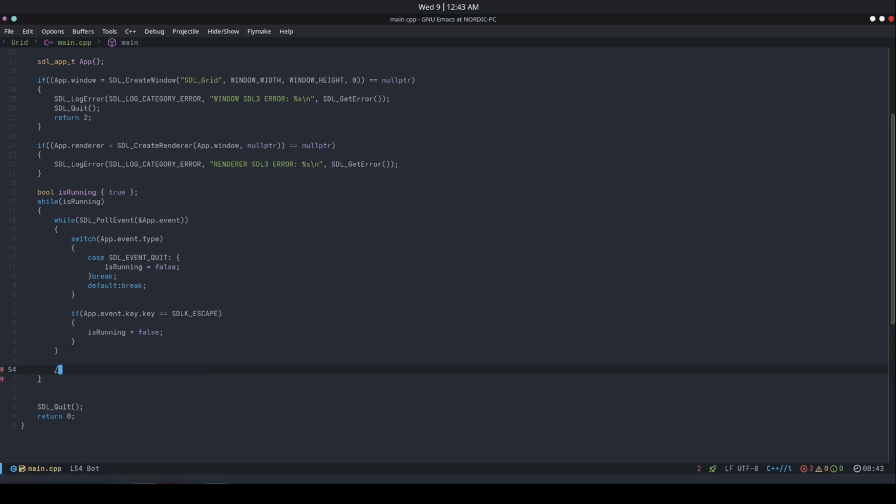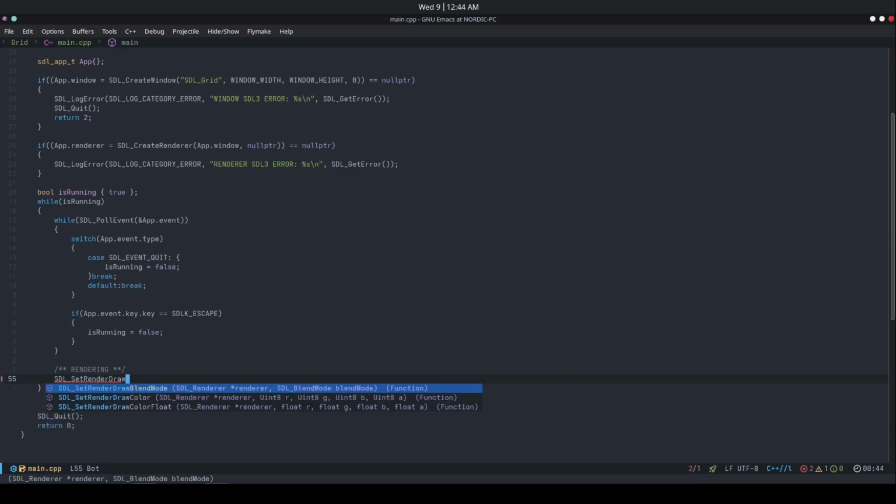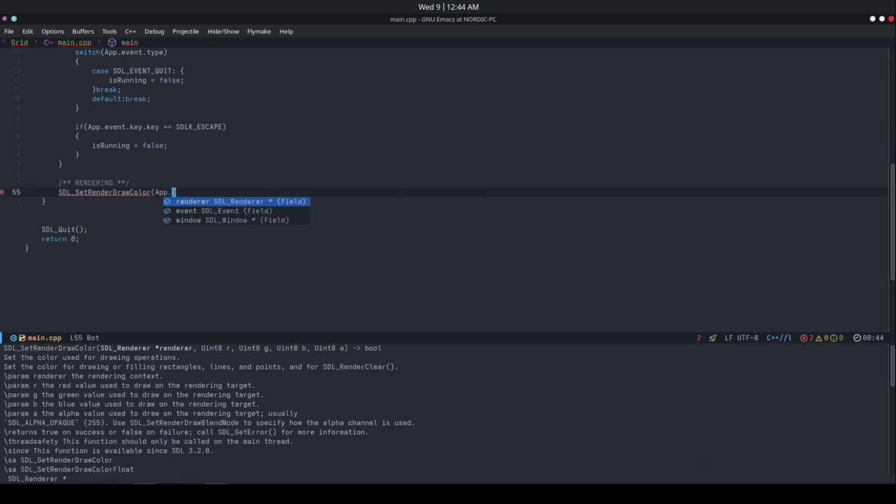Now we want to render. So we're going to have rendering here. I'll organize it. And in here, we're going to have SDL_SetRenderDrawColor. This will set our renderer to a certain color. In here we have uint8 R. So we have the RGBA, and they are all uint8. They are unsigned integers, so basically they can hold a max value of 255,